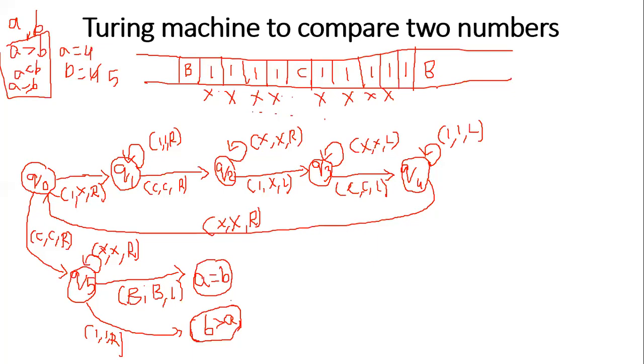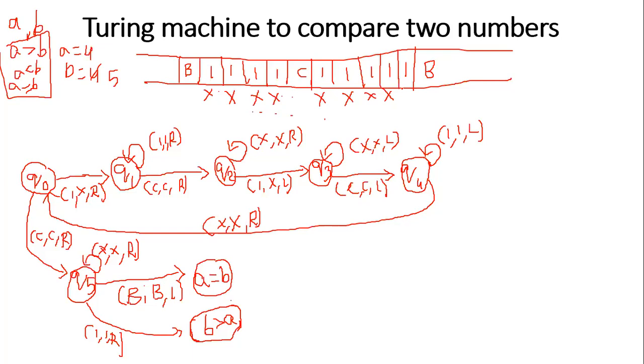And how can we say that the second part is finished? If there is a blank space immediately after X, we can say that all the symbols in B are finished. But if there are some pending ones in the second B part, which means B is greater than A. Now the question is, we are able to identify A is equal to B and B is greater than A. And what is the condition